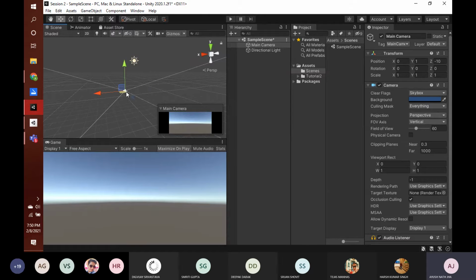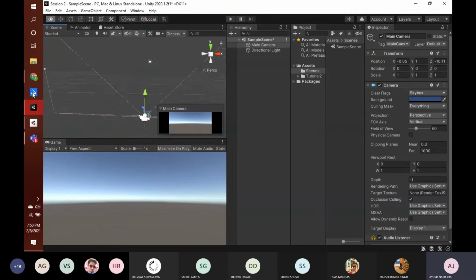And you can see that when I click on camera, you can select any object by left clicking on it. It's as easy as that. So when I click the main camera, you can see that here you get a small viewport. This small window is known as a viewport. And here you can see it is showing main camera and a projection of a horizon. So this shows what your camera is seeing, like your camera is pointed like this, right?